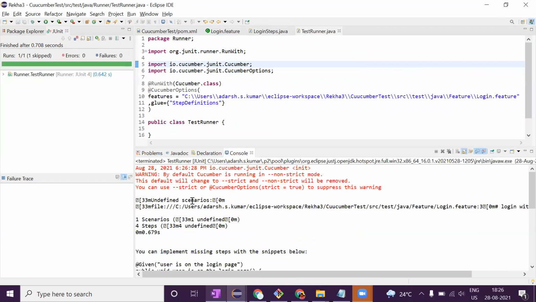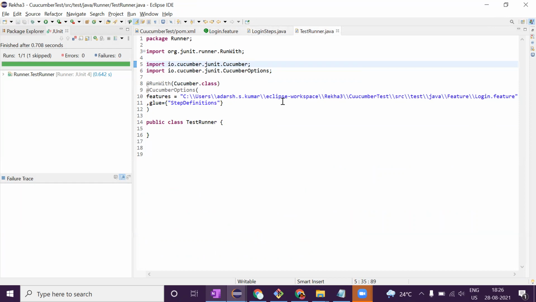Okay, it is not taking the path properly. It is telling it is undefined. We'll do one thing in the runner file. I'll take it from src, with double forward slash. Let's see the path this way.